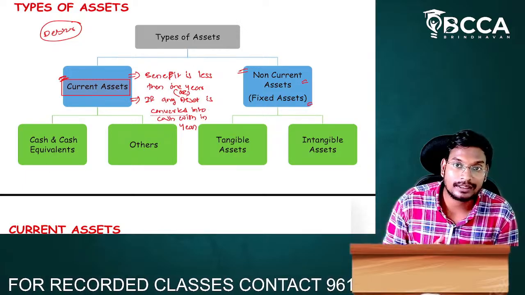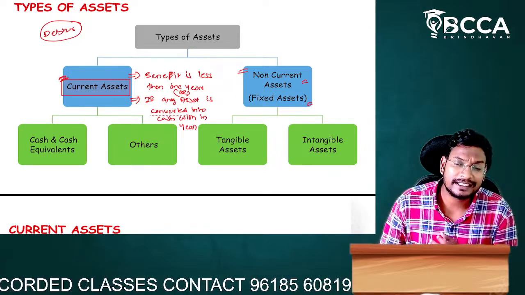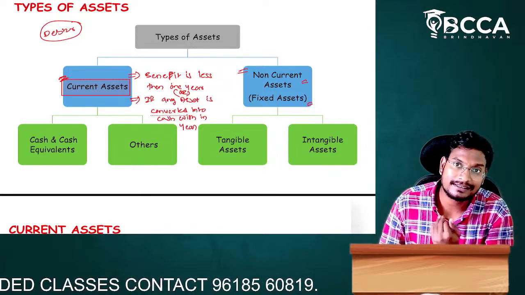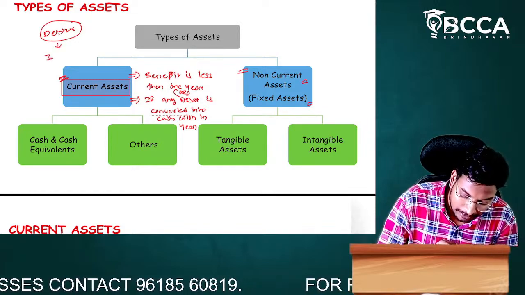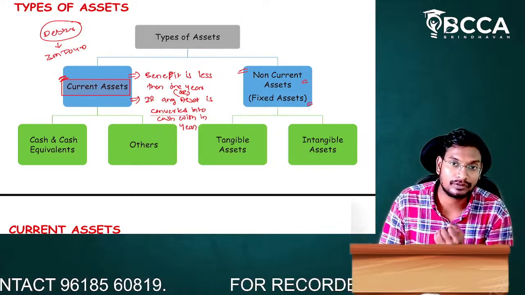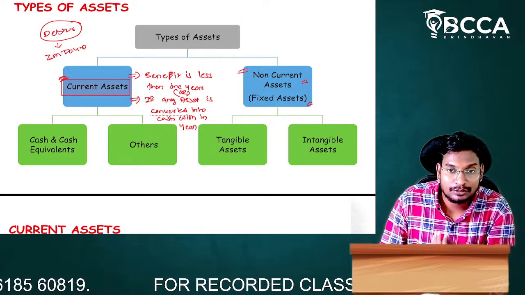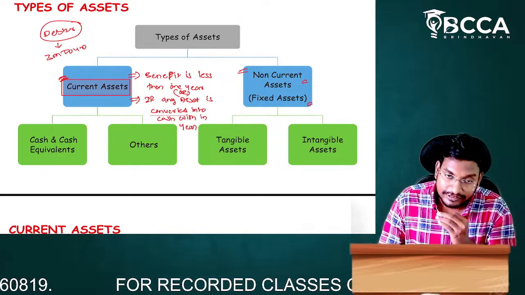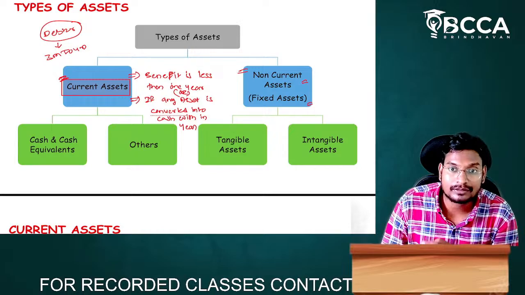So the debtor is called an asset. For the debtor, we give a credit period of less than one year, mostly three to four months. That means within one year we can convert it into cash, so the debtor is called a